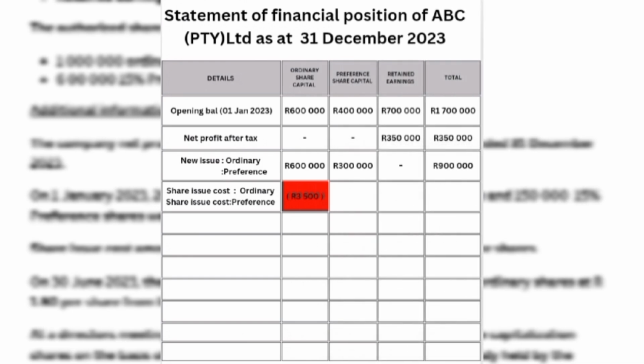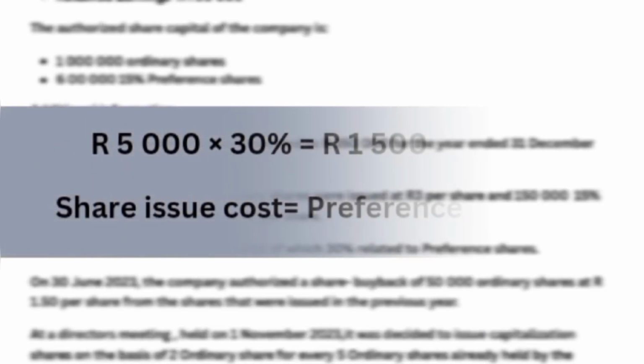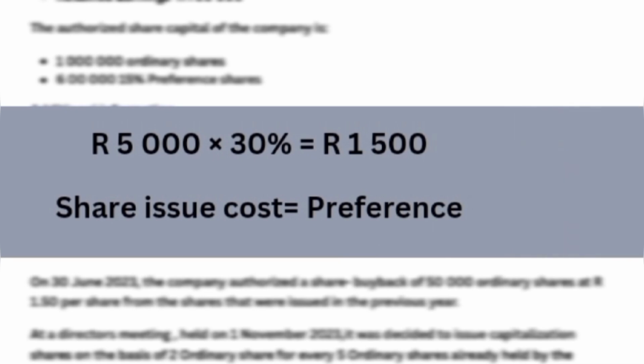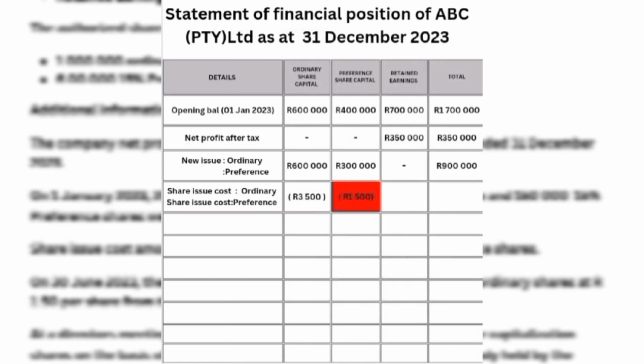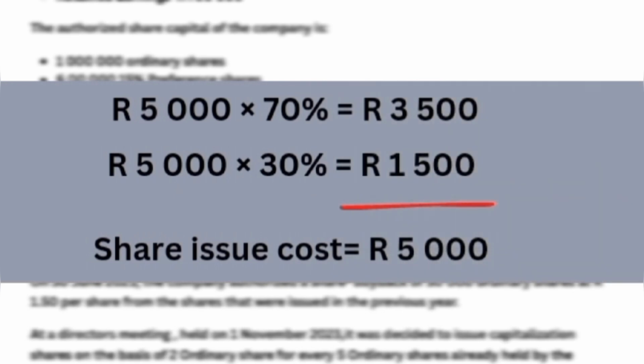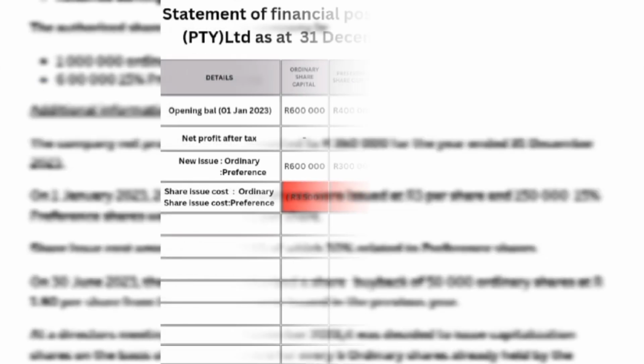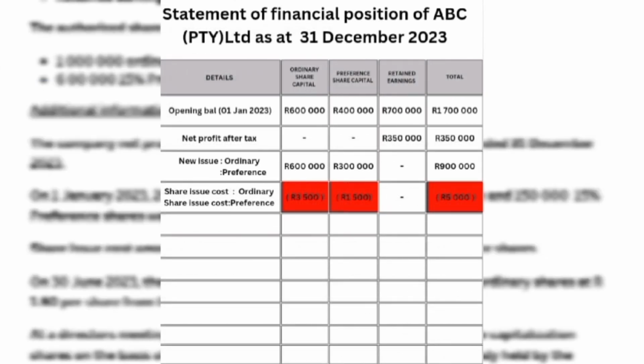You then put brackets. Alright, again you repeat the same calculation. You say 5,000 times 30% equals to 1,500. This 1,500 is the share issue cost for preference shares. You go and record it under your preference share capital. Again, you put brackets. So dear friends, understand this. Share issue cost is always negative. So you need to put bracket whenever you are recording share issue cost. Okay, let us move on the next